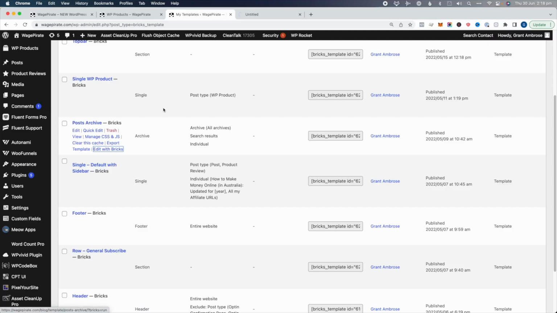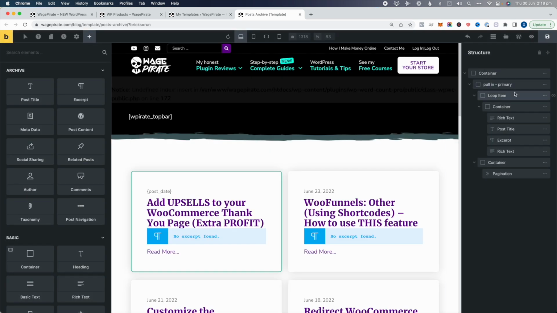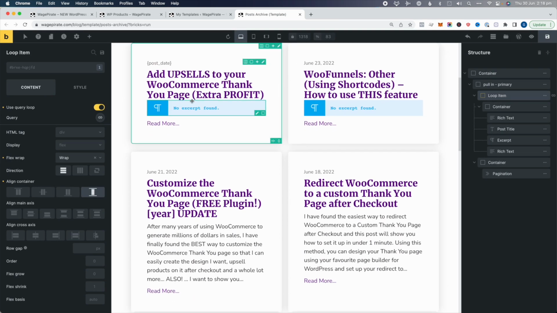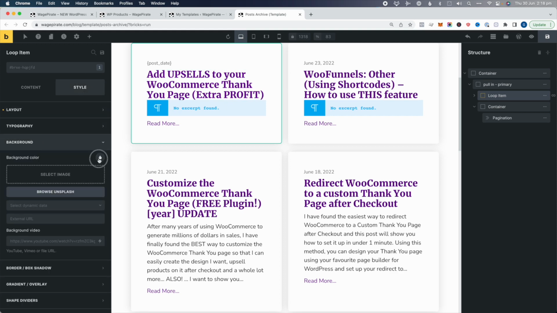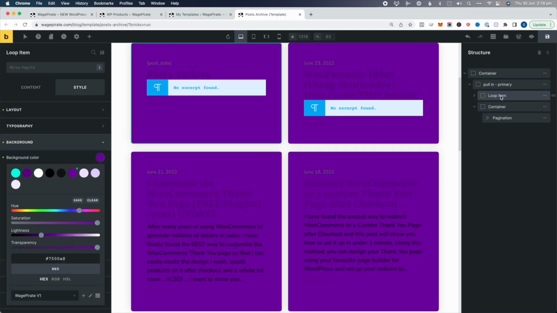And so if I edit with Bricks Builder here and have a look, you can see again, I have that loop item here, and that's turned on for this container. And then everything inside here, well, this itself, this here and everything inside loops. So if I was to go and go style and then change the background color to purple for this item